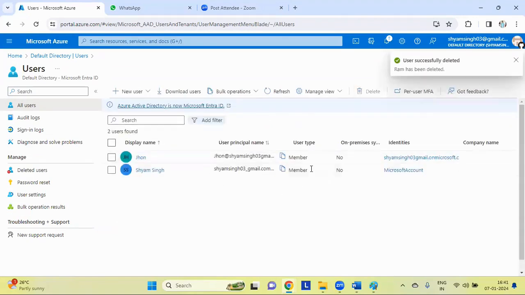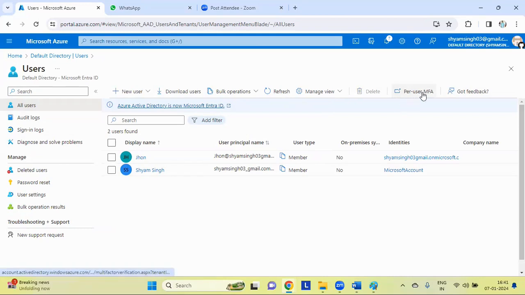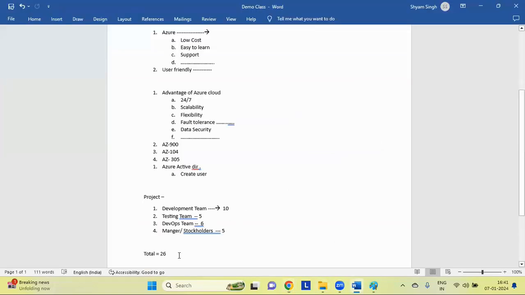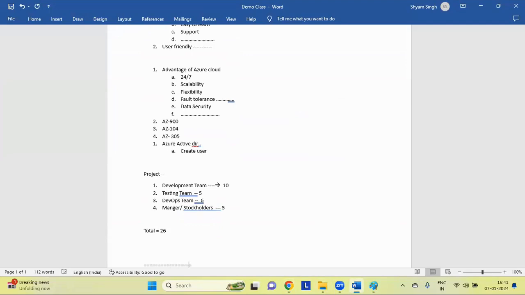Clear, guys? So this is the core concept of Azure Active Directory or admin or administrator, okay, or Entra ID. This is the main core concept, how to add the users, and with this you can implement the MFA also. Okay, you can customize your dashboard also. Suppose you have 20 members or 100 members you need to add in a single group or add into the directory. So if I ask you to add 500 members one by one, then it is a very tedious job. Correct? Correct, guys?